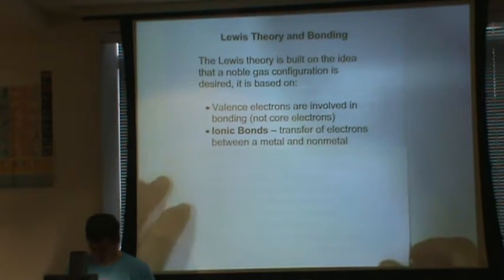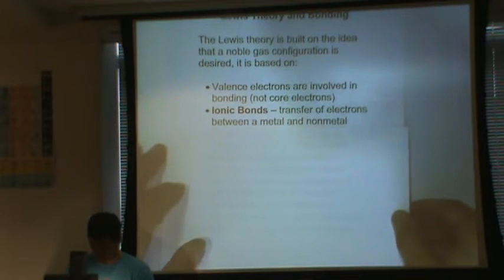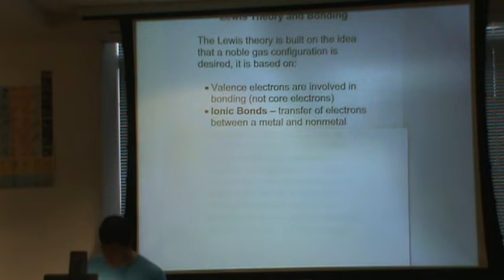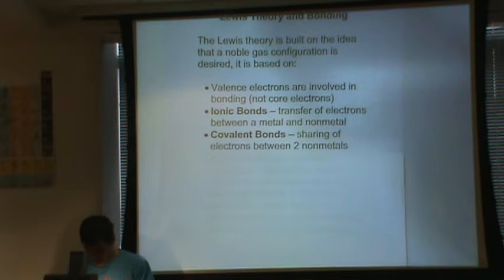Ionic bonds, which we talked about on like the second day of class, are the transfer of electrons between a metal and a non-metal. So you have something from the left side of the periodic table bond with something on the right side of the periodic table, or something from the transition metals bond with something on the right side. Covalent bonds are the sharing of electrons between 2 nonmetals. So that would be if we had nitrogen bond with nitrogen, oxygen with oxygen,